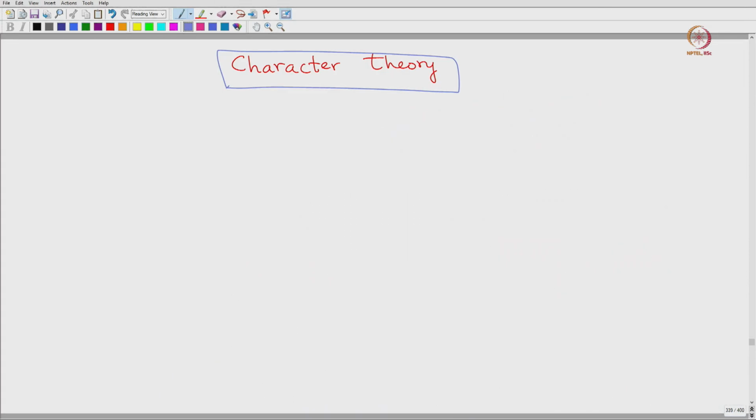Welcome back everyone. Let us summarize what we have done so far in character theory. Let me recall the statements that we have proved so far. As before, we assume G to be a finite group and so on. Let me just rewrite everything. We take G to be a finite group